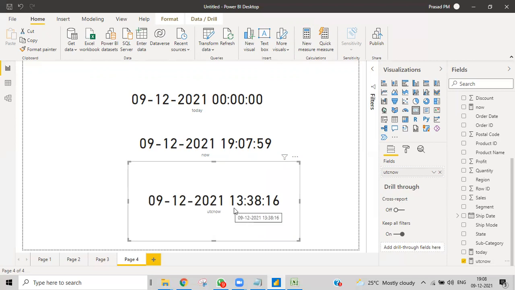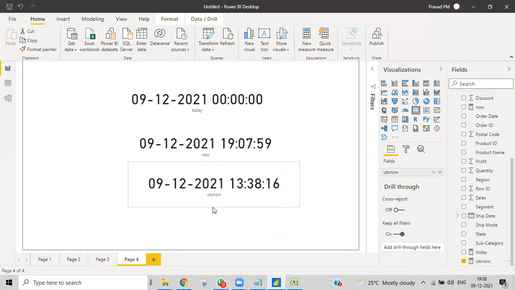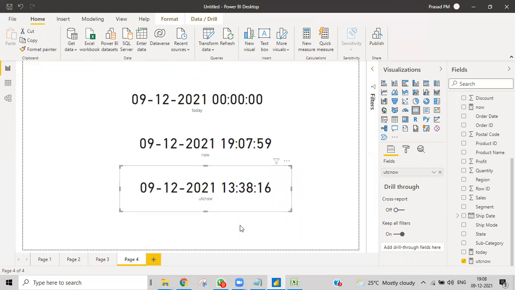Why is it like that? Do you have any idea? You can see there is a 5 hours and 30 minutes difference between those times, right? This is the Greenwich time.